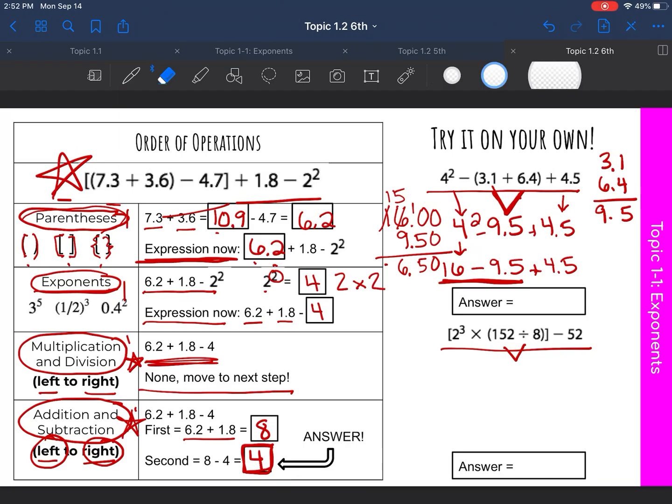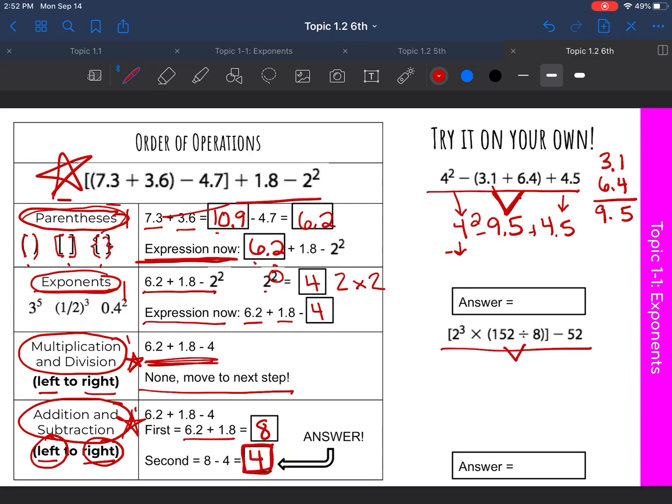I'm going to erase a little bit so we can see this. So 6 5/10 plus 4 5/10, okay? And we end up getting 6 plus 4 is 10. Half plus half is 1. We end up getting 11 as our final answer, okay? Again, showing all of your steps of work, okay? The next one,